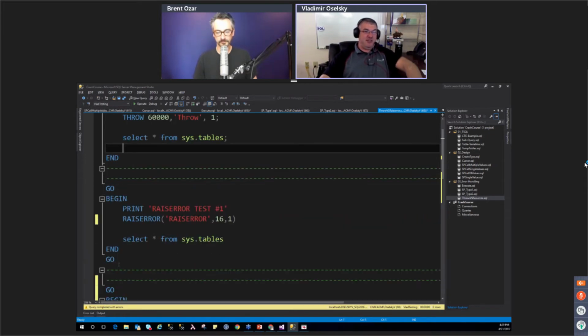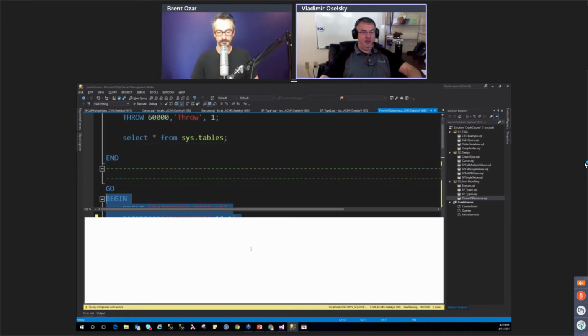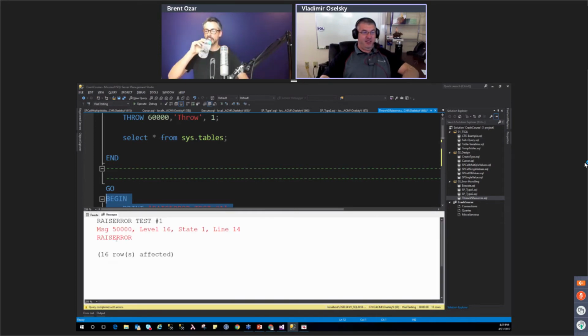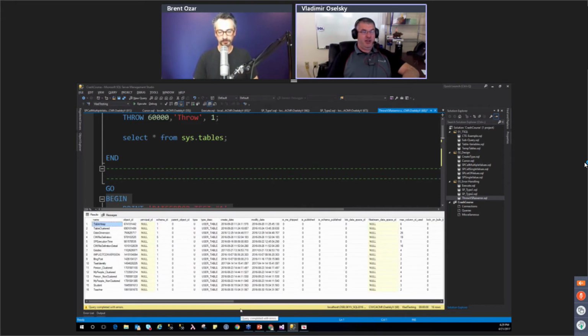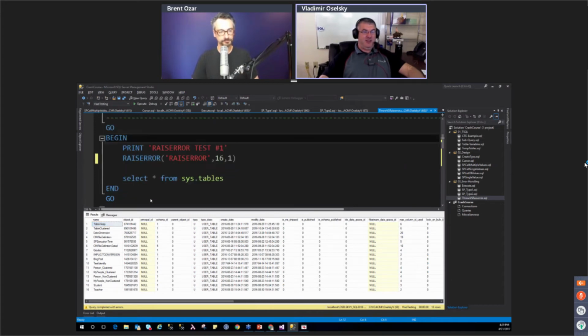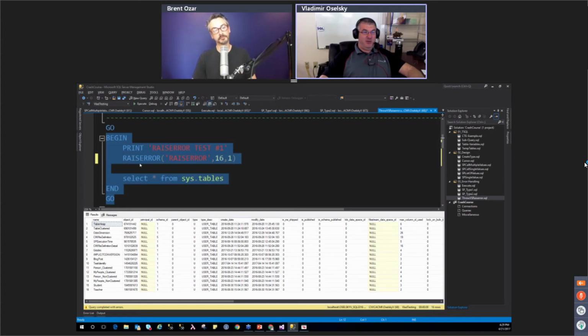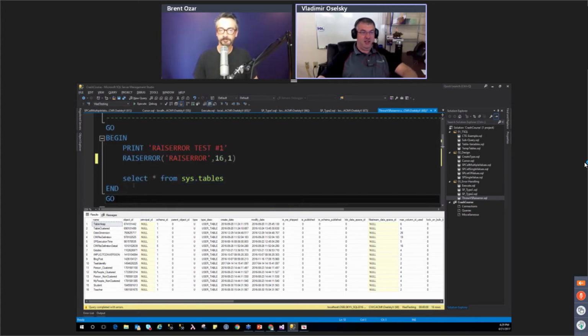So we would expect the same thing with RAISERROR. Well, instead, we get the same error message, but we get some additional information, 16 rows affected. We go back to the results, and we actually find that the select was still executed. So even though you raised the error, you still got the select statement.